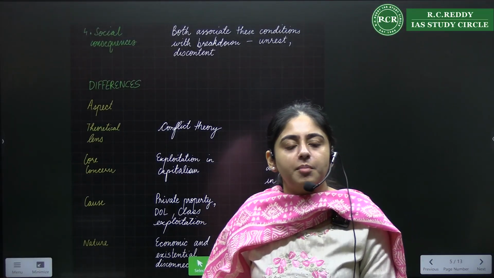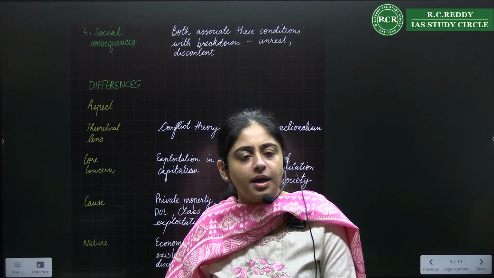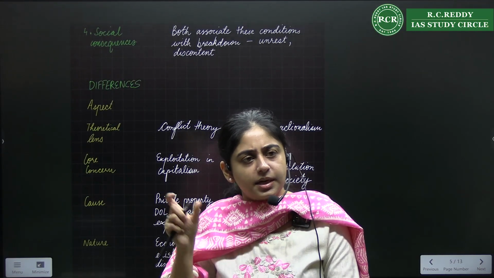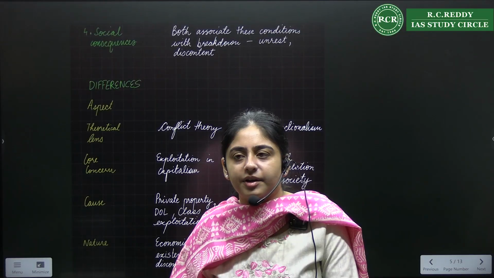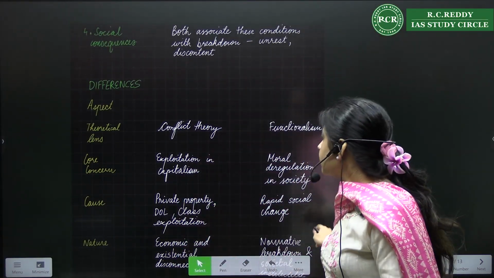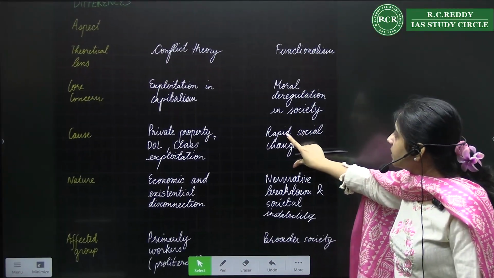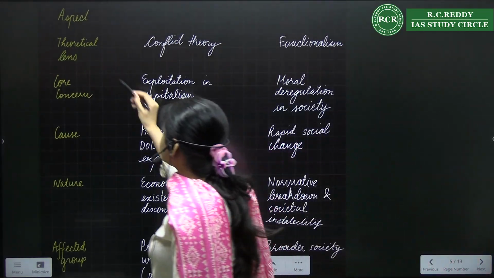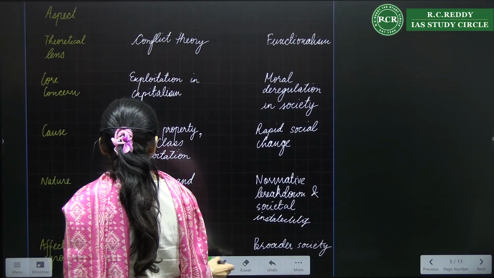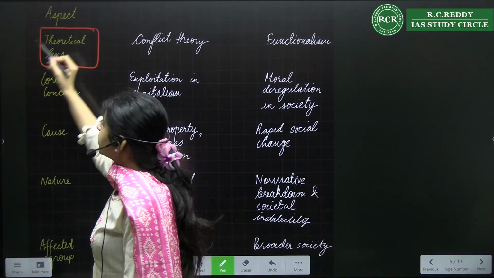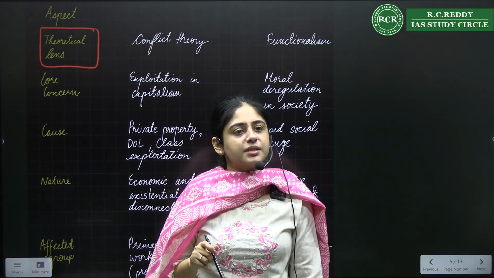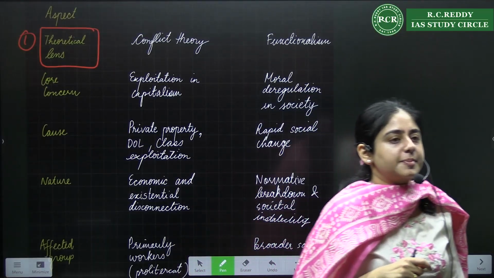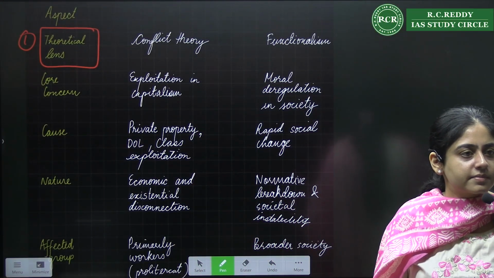Again, the difference between Marx's concept of alienation and Durkheim's concept of anomie is as follows. Why do you have to waste time? Just write differences. It's more than sufficient and self-explanatory, right? So next is the difference. Again, see the theoretical lens. With this, one thing should be clear. Whenever there are two theories and you have to talk about differences, first point can be same. Just see from which perspective they are seeing the same particular thing, right?